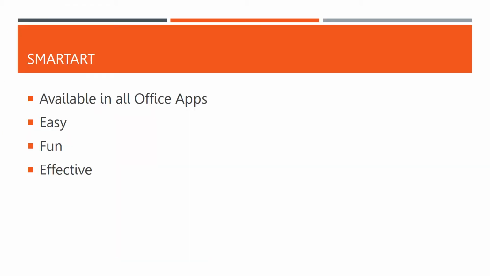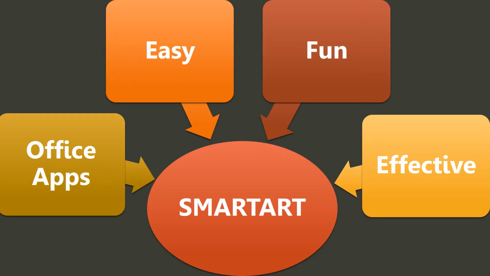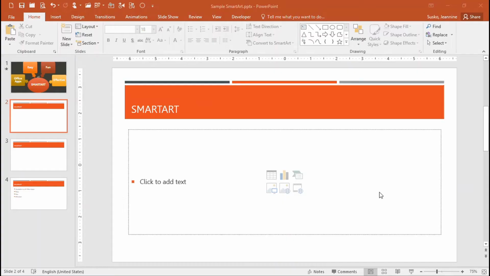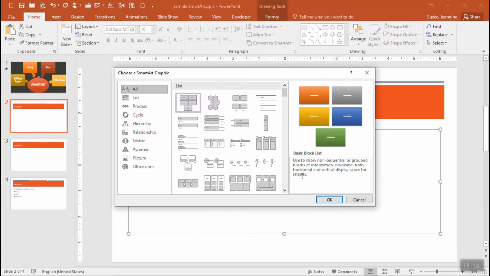You've probably seen and even created your share of slides that contain bulleted lists like this one. This is fine, but wouldn't it be even better to use a SmartArt graphic like this? SmartArt is just as effective as bullets and at the same time, just as easy to create. So in PowerPoint, if you're looking at a slide that has the embedded icons inside of the slide layout, then all you need to do is locate that Insert SmartArt graphic icon, give it a click, and it will produce